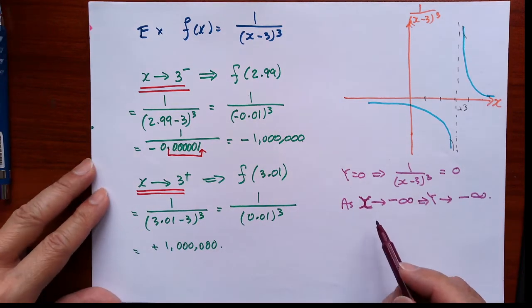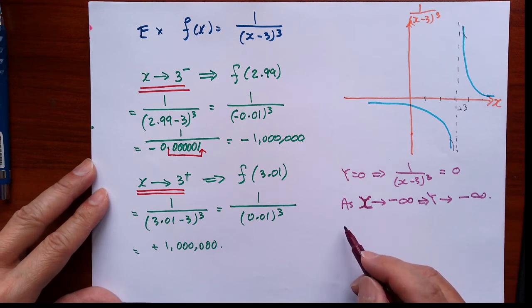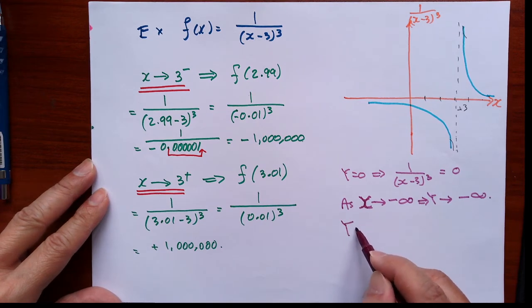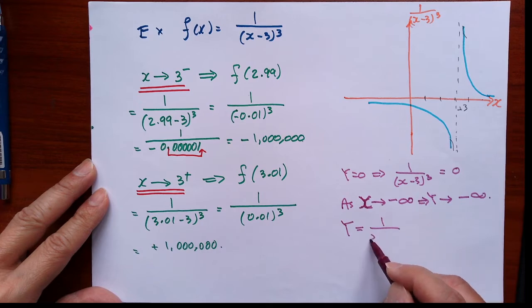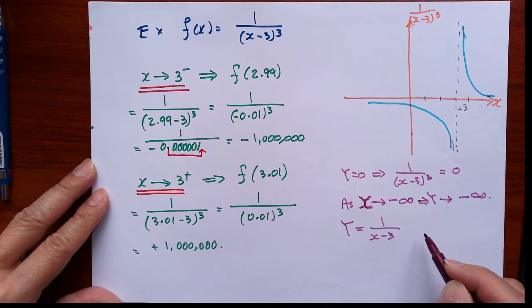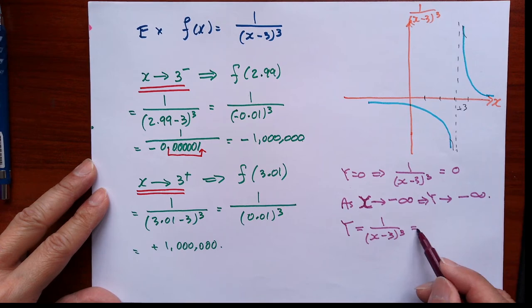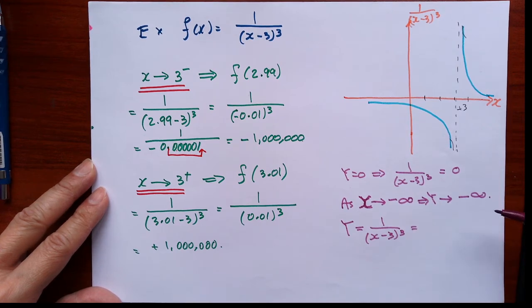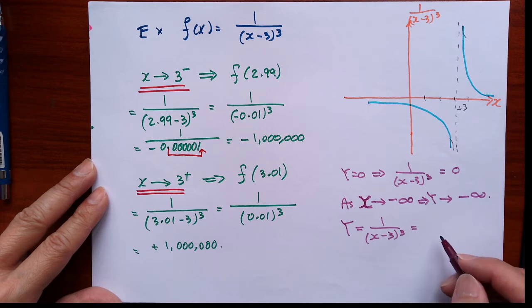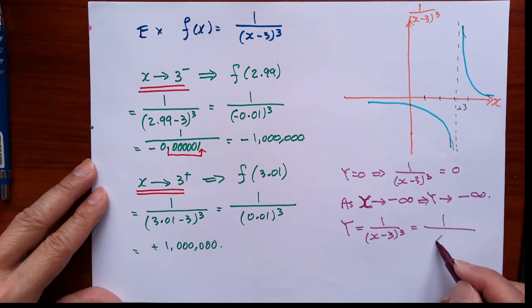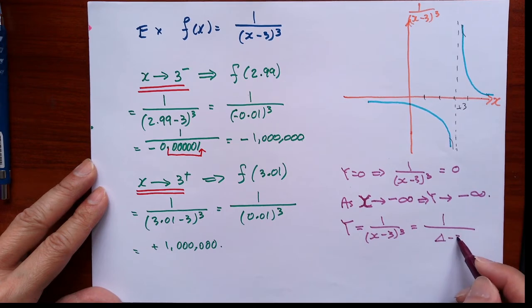The reason is, if you write the equation y equals 1 over (x minus 3) cubed, if x is a very large number, let's just call it delta, so 1 over (delta minus 3) cubed,